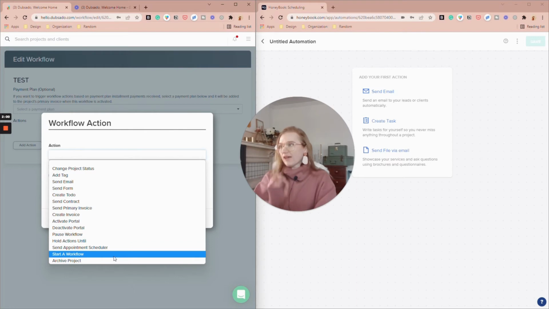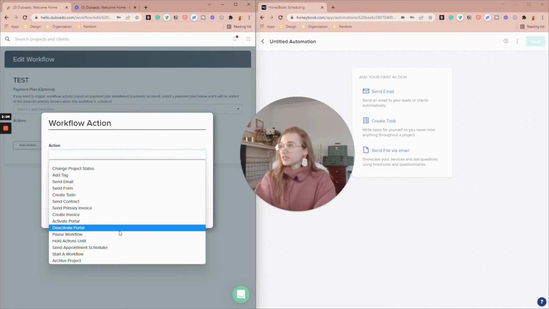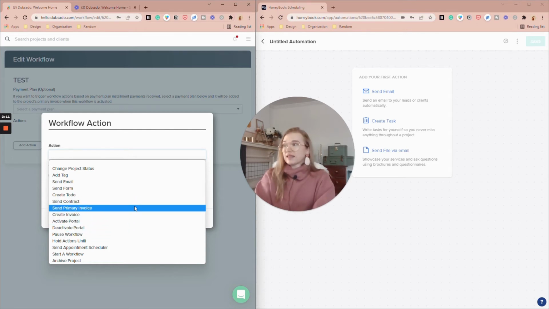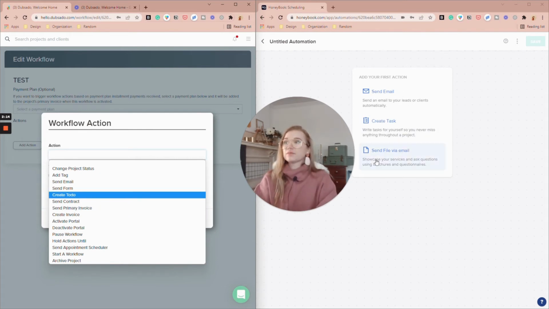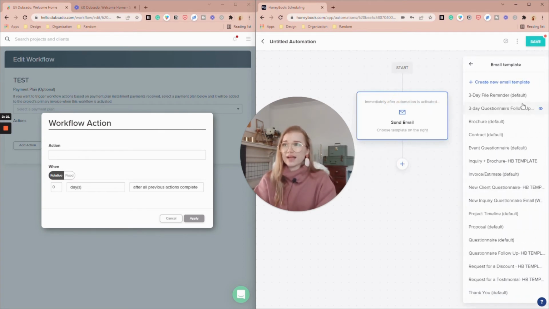I can archive a project, and I can pause a workflow, activate the portal automatically, send a contract, send the invoice. All of this can be done automatically. Here, if I do a file, I can send a brochure, a questionnaire. I cannot resend that contract. Let's see, here is